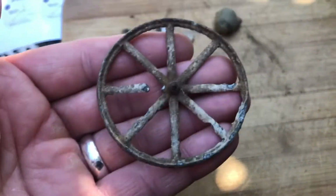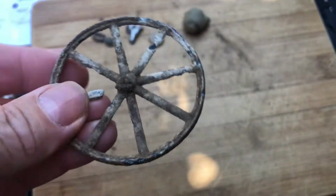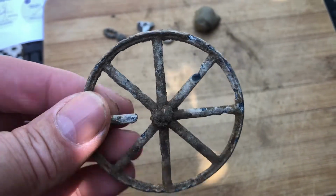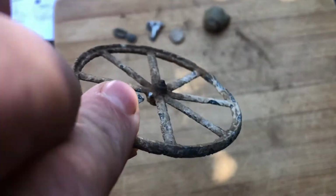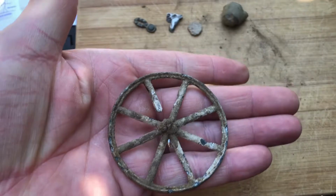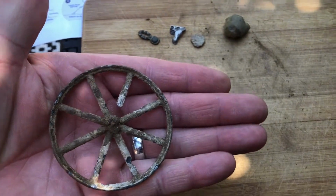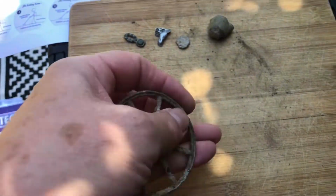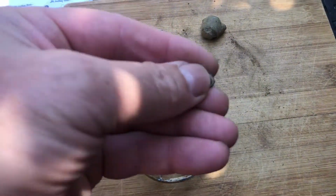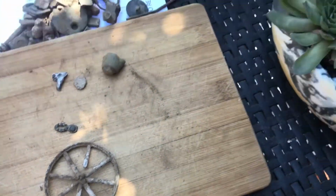Because then there was this. Now this big old lump, I mean it's old, it's corroded. I thought it was a bit of a flywheel, but there's no teeth or cogs or anything on it at all. And I thought, oh, it's a toy cartwheel. But if that was only a wheel from a toy cartwheel, imagine the size of the actual toy. So I kind of discounted that. And as I was going through the books to see if I could identify that, I found, wait for it,